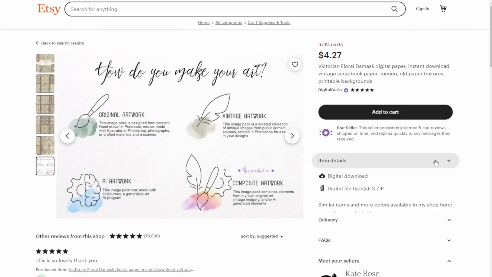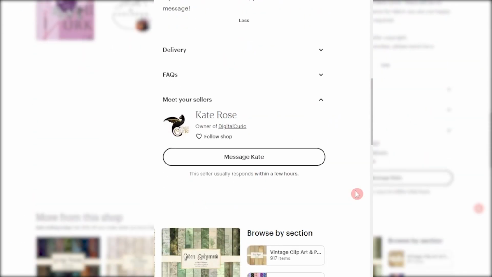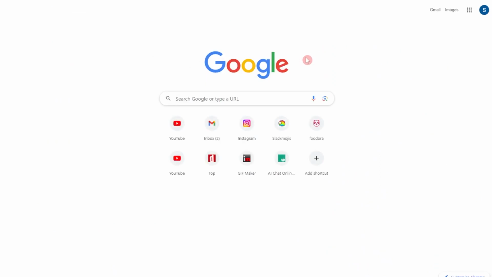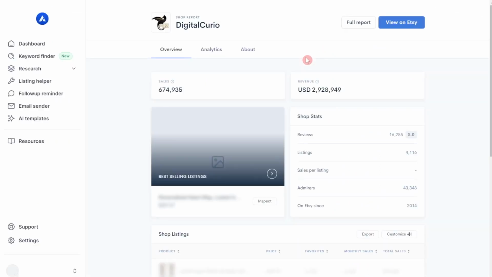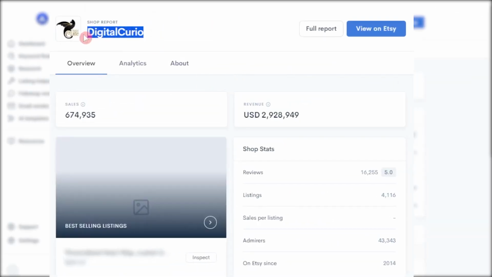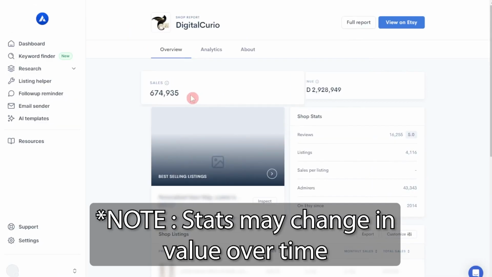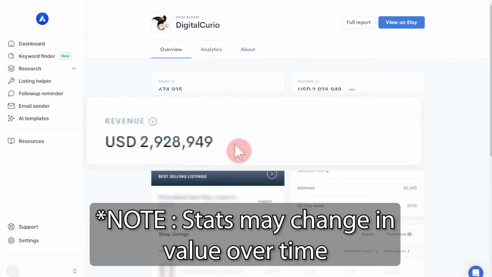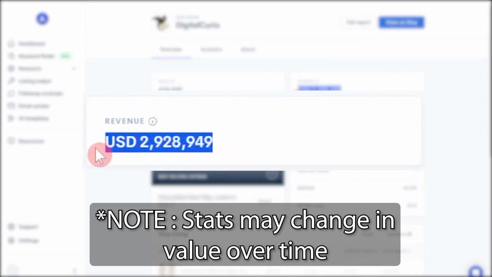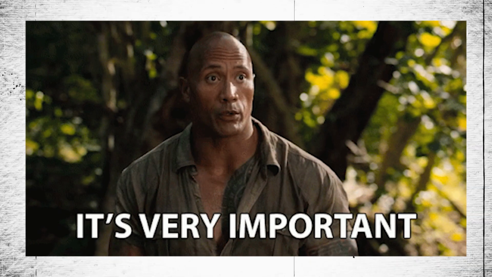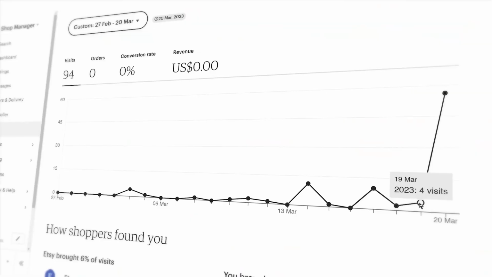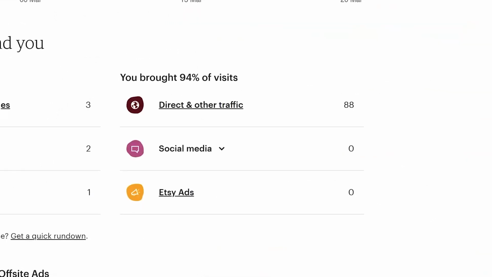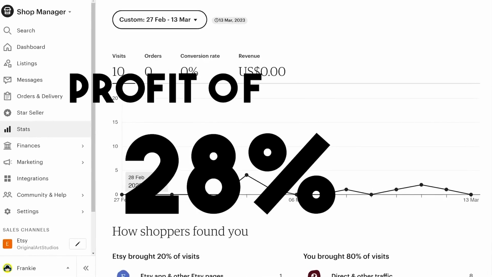Here's their listing. Then we can use another tool called Alura to look at the amount of total transactions this Etsy store has done here. According to Alura, Digital Curio has successfully completed over 674,935 transactions, resulting in an estimated total revenue of $2.9 million. It's important to note that when selling digital goods, platforms like Etsy deduct their fees and taxes from your gross income, leaving you with a profit of around